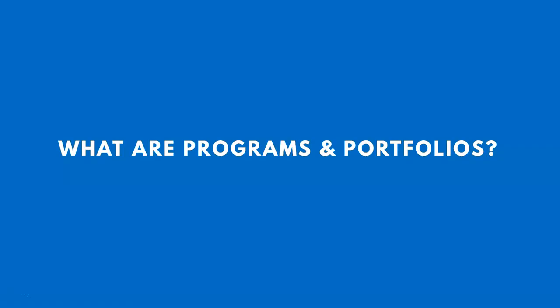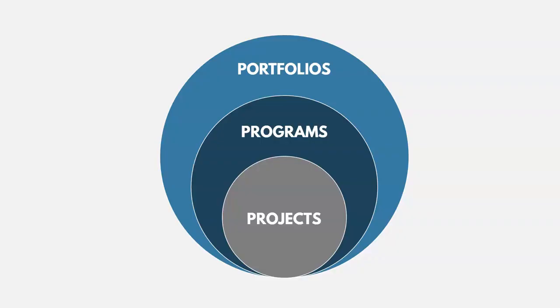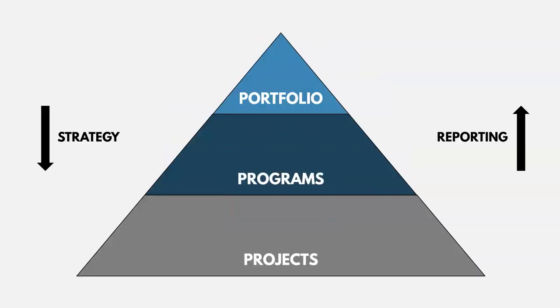So now let's talk about programs and portfolios, a related topic. So these can be used to organize and group your projects. You don't need to have them, but they can help add efficiencies. So you might have a group of projects that are part of a bigger program, and then a group of projects and programs that are part of a larger portfolio. And you can also think about them this way. You have a portfolio up at the top with a strategic objective, and you have programs and projects which help fulfill that objective, whatever it is. And then as you work on the projects, reporting goes up, and then you get portfolio level reporting.